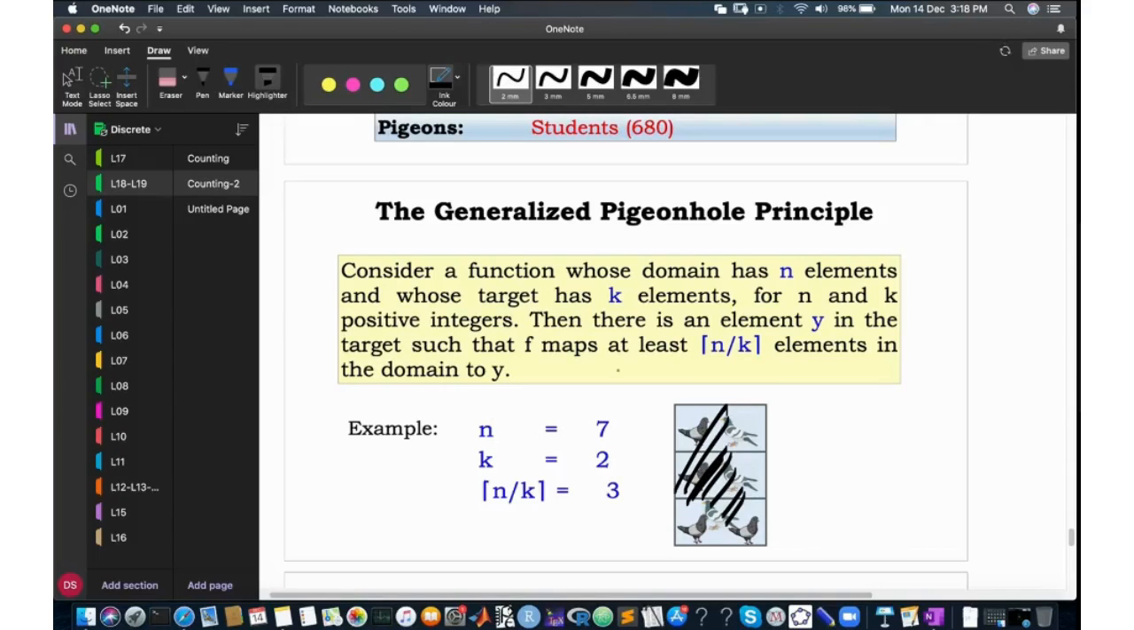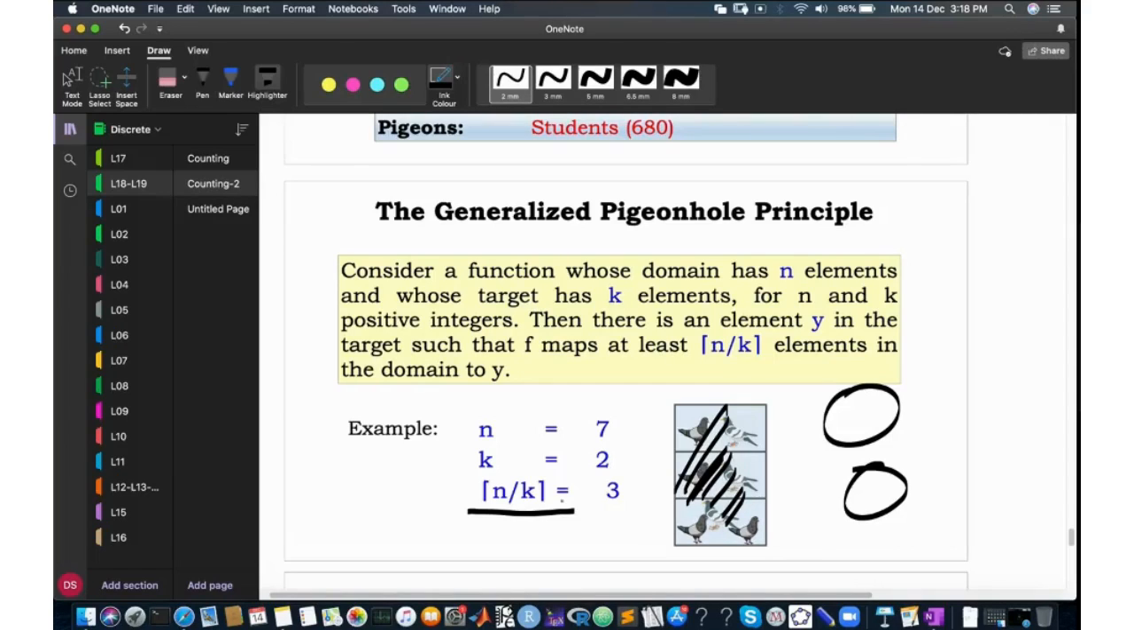Okay, so you have n pigeons and you have k boxes. There must exist some box which contains the ceiling of n over k pigeons. That's the generalized pigeonhole principle. If you have n pigeons and you have k boxes, then there must exist some box which contains the ceiling of